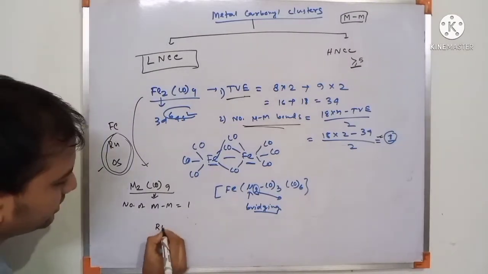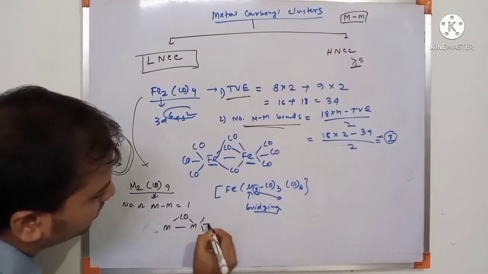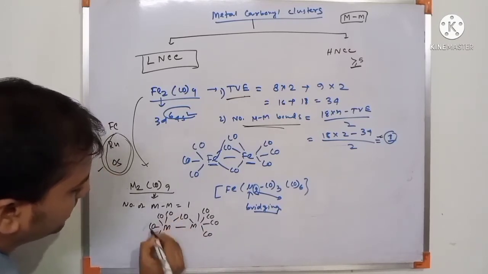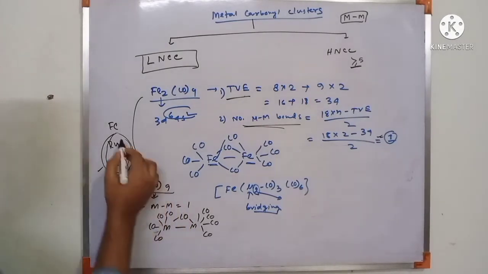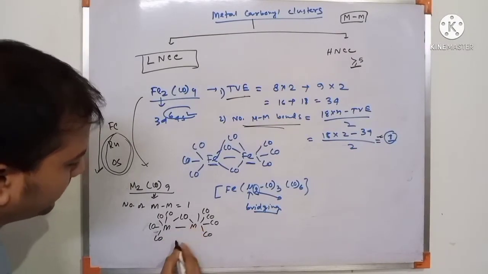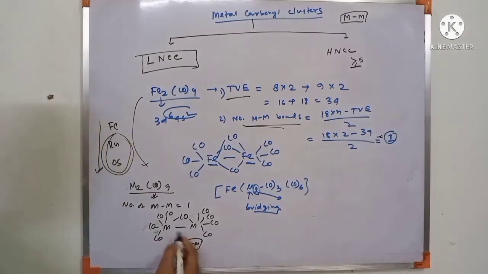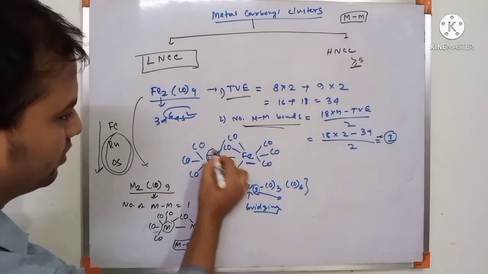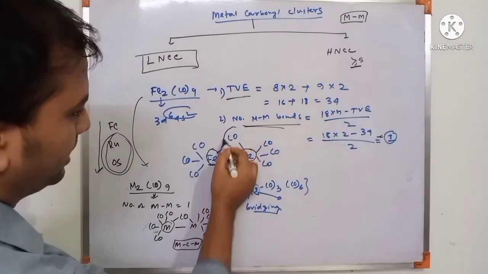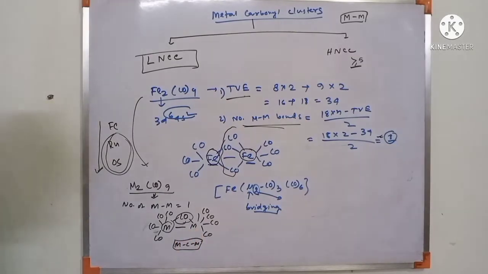Now the structure of ruthenium: 4 CO are terminal on one metal and 4 CO are terminal on the other metal, and 1 is bridging, because down the group the metal size increases. So for the bridging ligand, metal-carbon-metal, this overlap is not so good because the metal size increases. But in the case of iron, the size is small, so the metal-carbon-metal overlap is better. So 3 carbonyls are bridging. But in the case of ruthenium and osmium, there is 1 carbonyl bridging. Now another example.